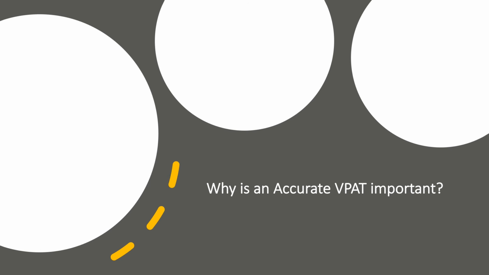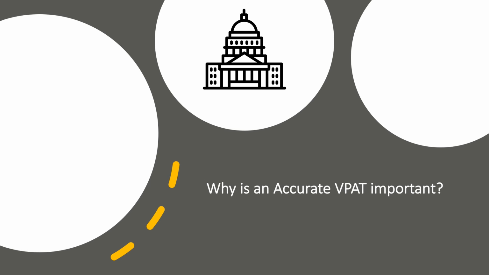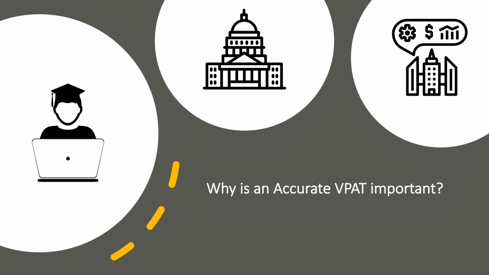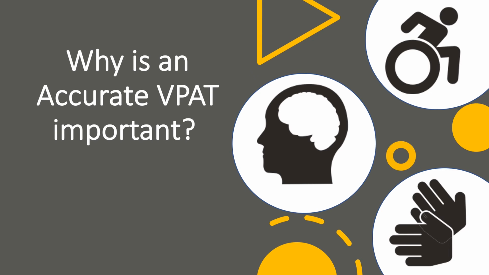Why is an accurate VPAT important? A product without a VPAT is excluded from U.S. federal government solicitations, many state solicitations, the majority of U.S. institutions of higher education, and private organizations that prioritize accessibility, both as part of product development and/or promote the hiring and inclusion of people with disabilities. Procuring accessible products for both product development and internal use is the best way for your customers to avoid litigation and promote an inclusive environment.